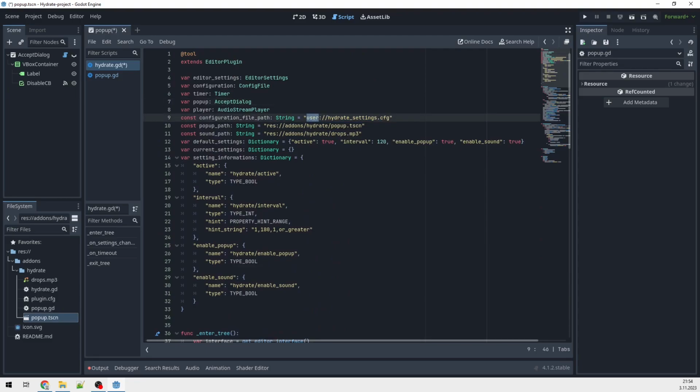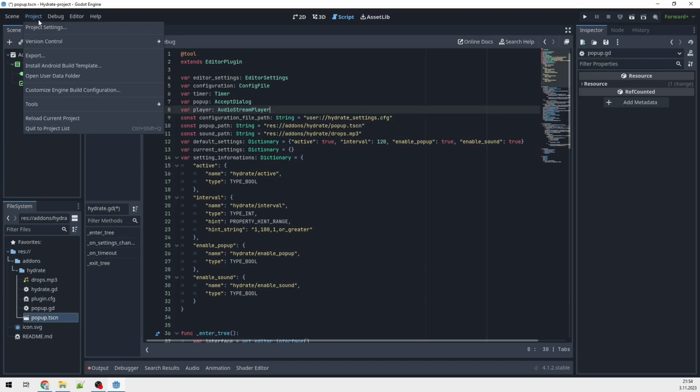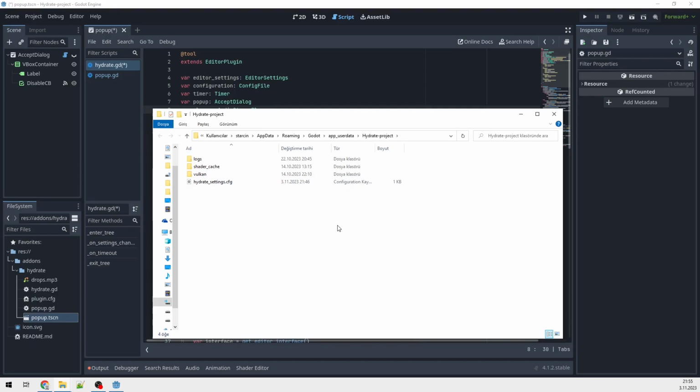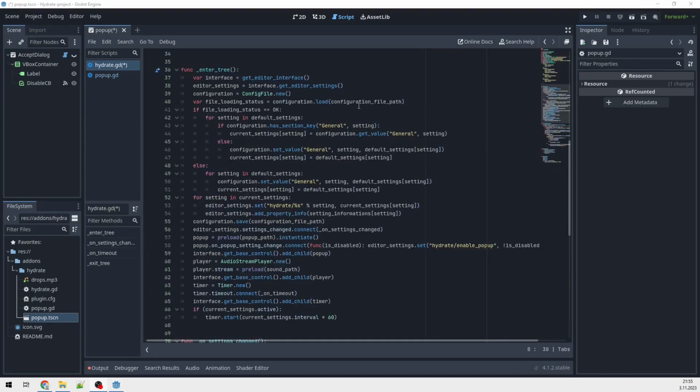It is not a resource. It should be in the user data folder. If you want to see where this folder is, you can just click on project and open user data folder. So it will open the folder. I already have a CFG file, but it won't matter because we will create one if there is not any. So we are getting the file, and if the file loading status is okay, for every setting in our default